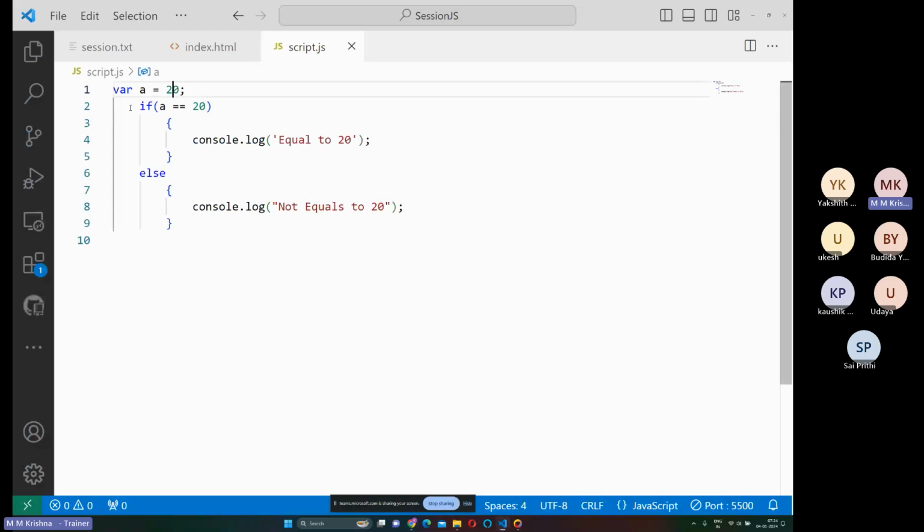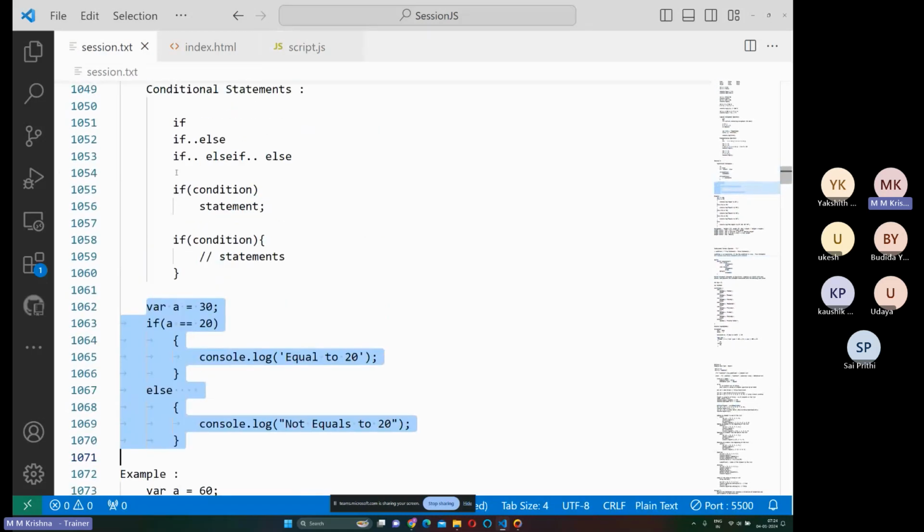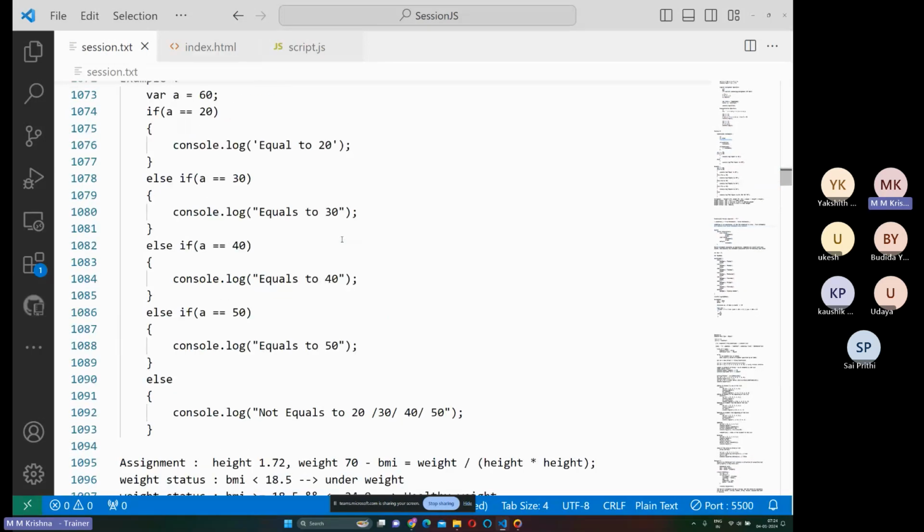So generally it is used to check the condition, whether it turns out to be true or false. Based on that, it will go ahead. If it is true, then it will execute this block, else it will execute this block. Likewise, in the if, we can have multiple levels of checking, which is called if else. So for example, over here, if you can see this example,